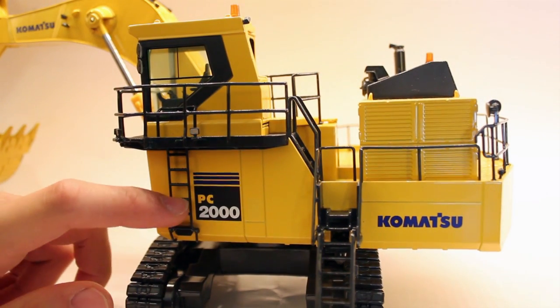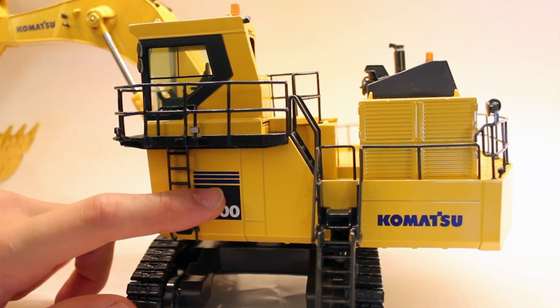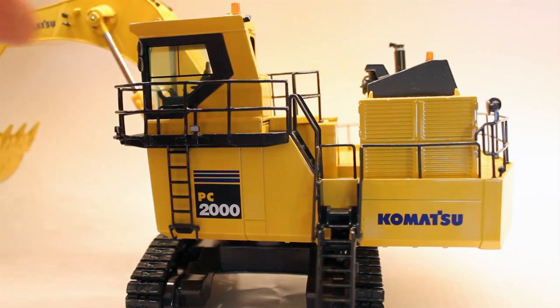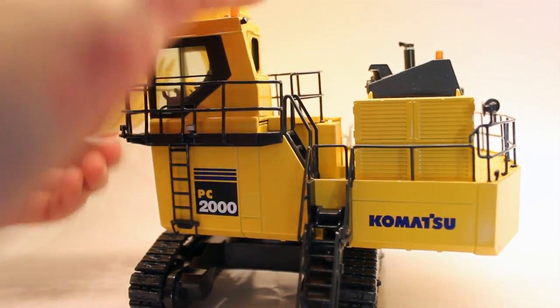You have another escape ladder here, which is also metal, which is really cool. The decaling is super crisp, as you would think it would be coming from NZG. And pretty much what I'll do now is bring you around the machine, and then I'll go from the top down. So, show you the counterweight now,